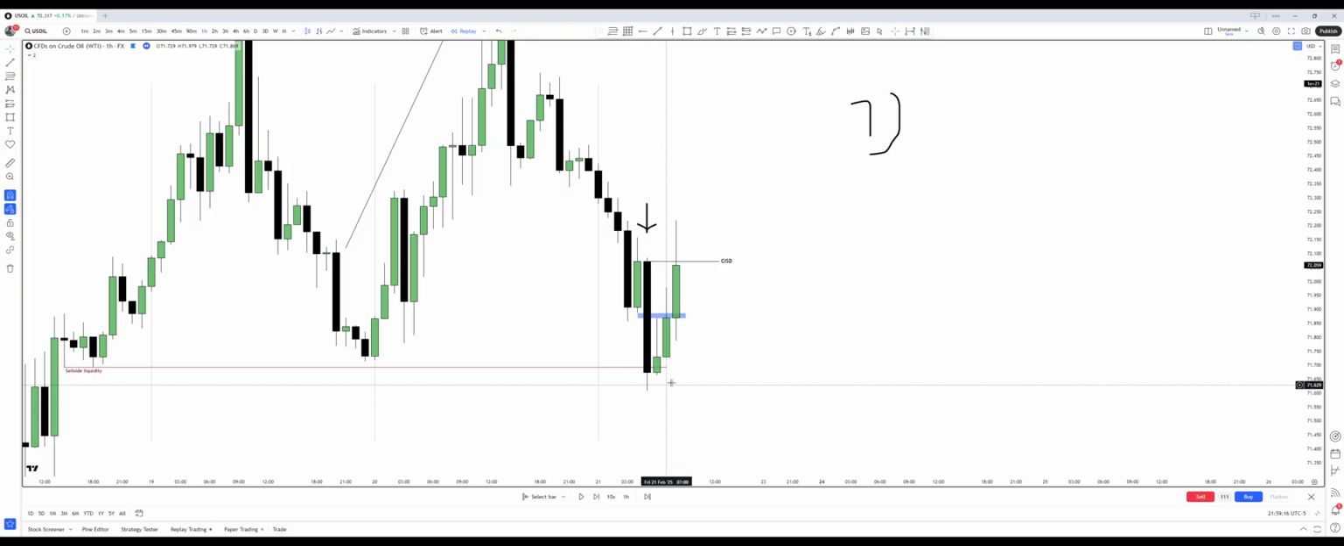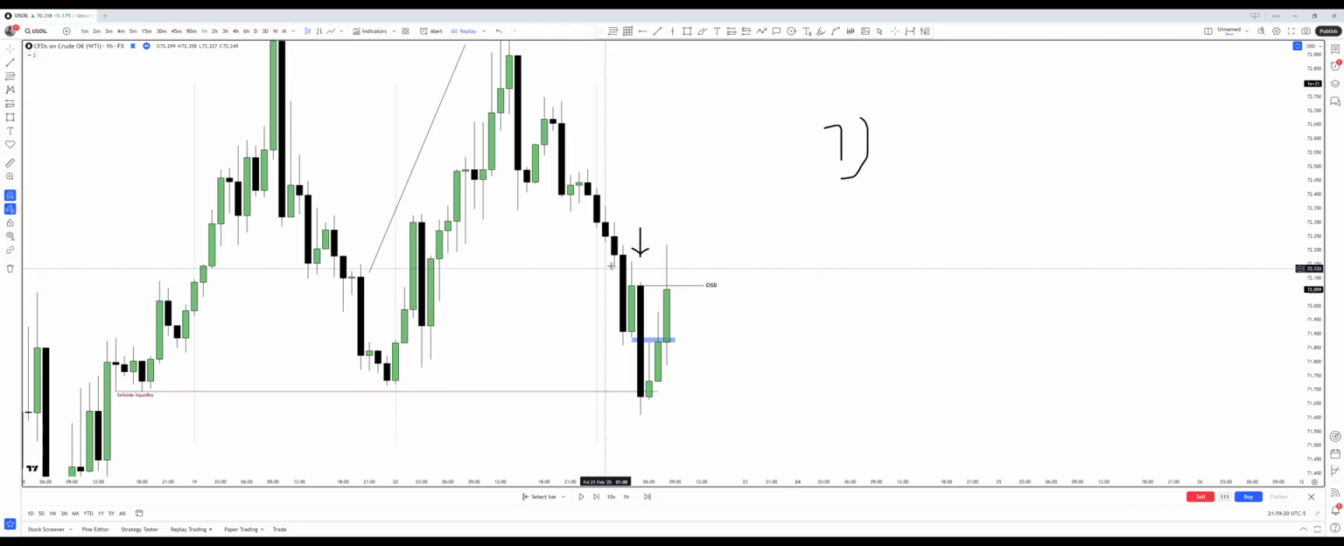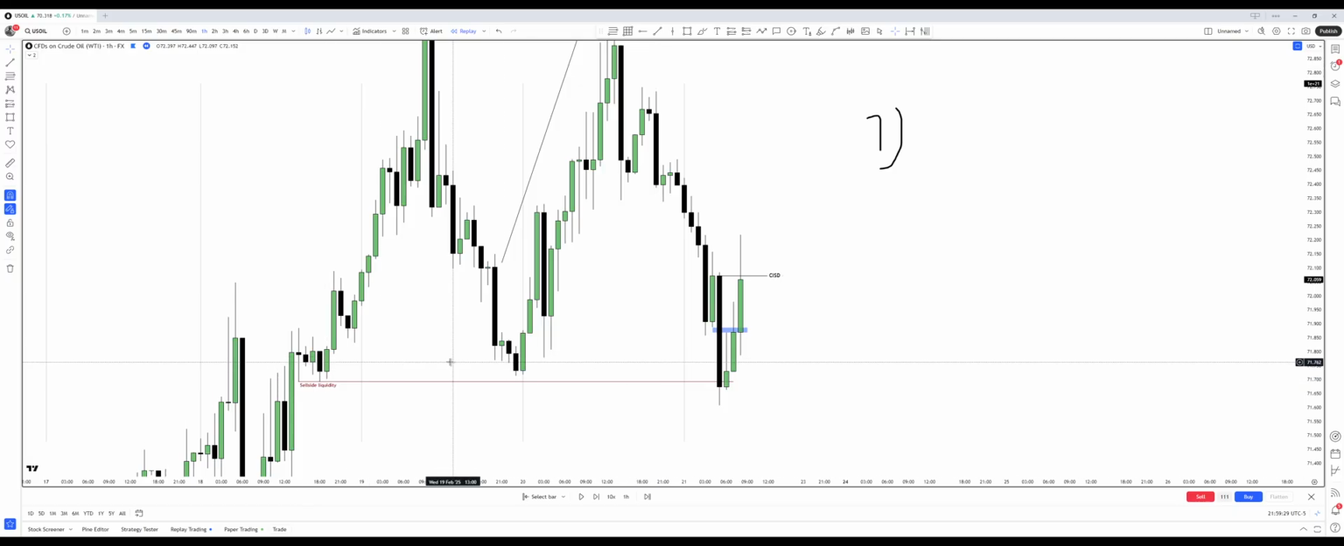You see, we get 1, 2, 3, and we did not even close above. So that is an invalid CISD right there. But this could have been a good CISD. Why? Because as I stated before, we took out liquidity, right? We took out liquidity,